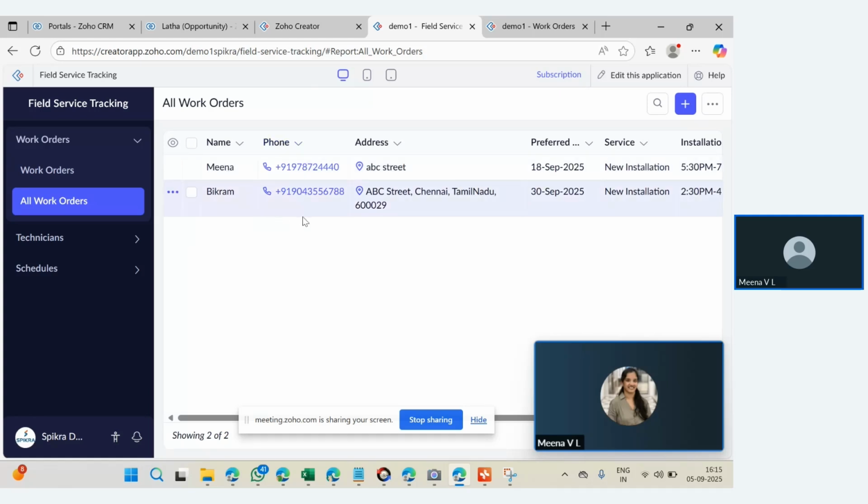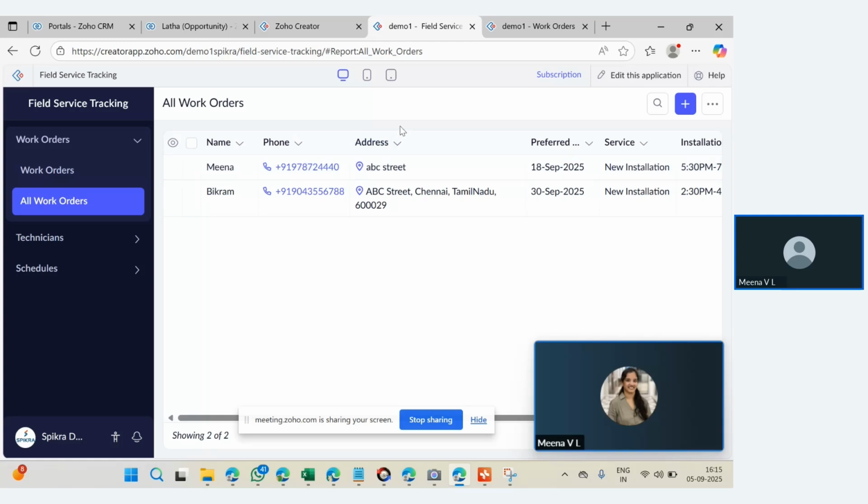And once the record is filled in, I will send out a mail to the same person, to their email ID, with the link for this record. So later, when they want to reschedule this date or the time, they can just use that link to reschedule it, right? So that can be done by sending out a mail to them. As soon as you get the work order from them, we share the link with them, so that whenever they want to edit, they can just do it, right?